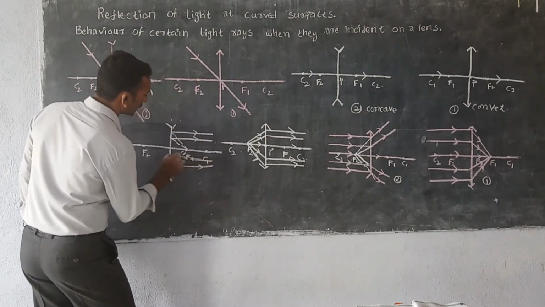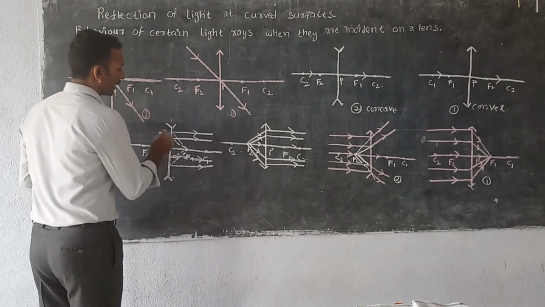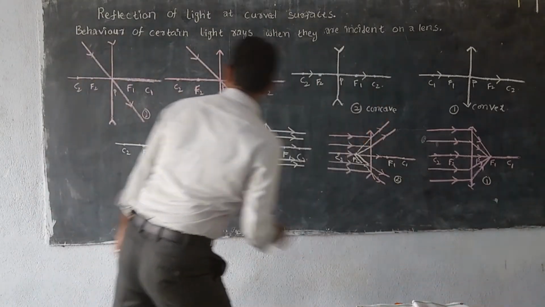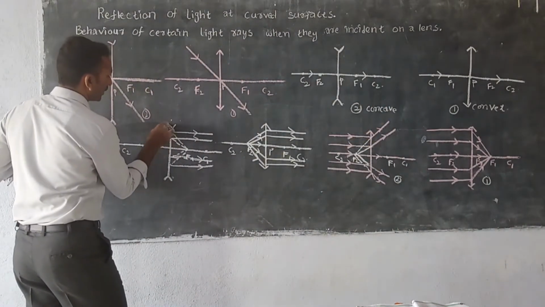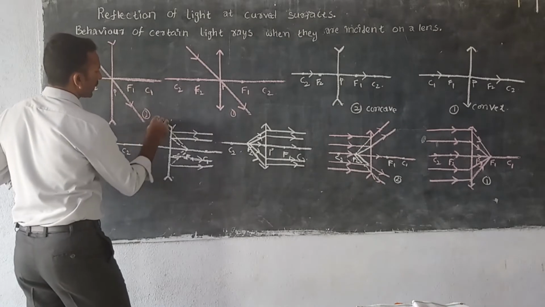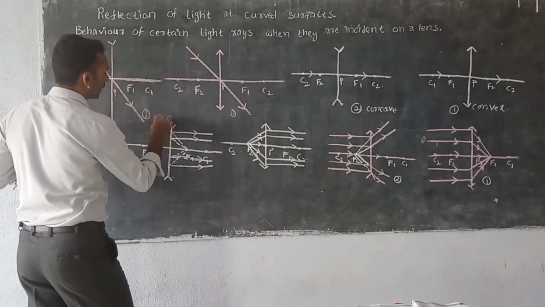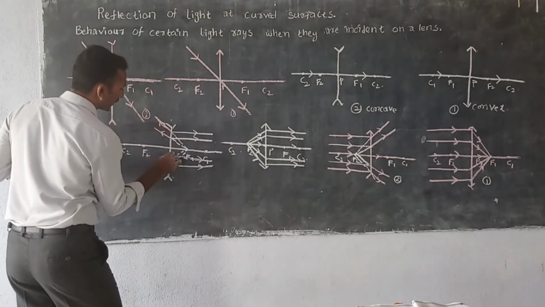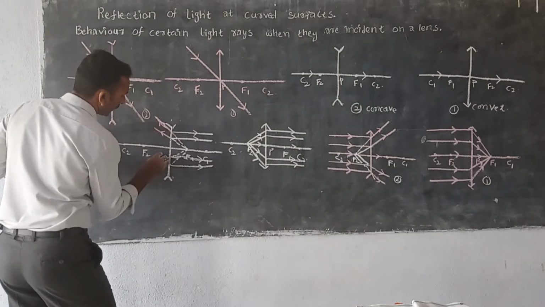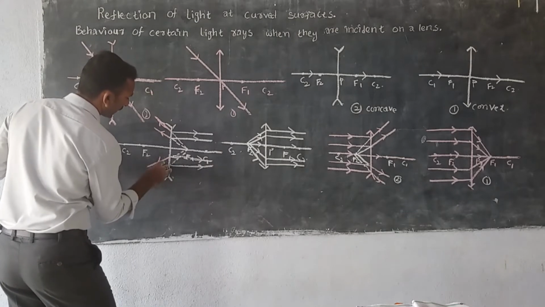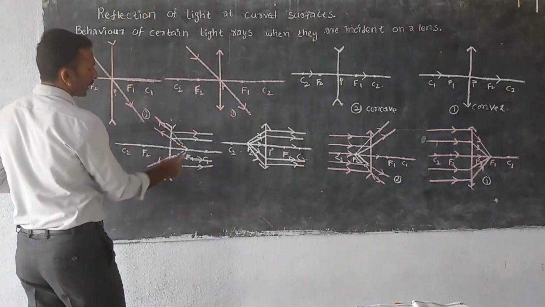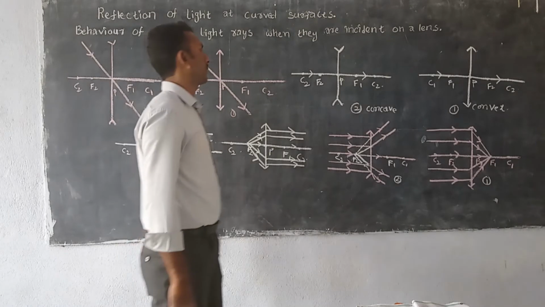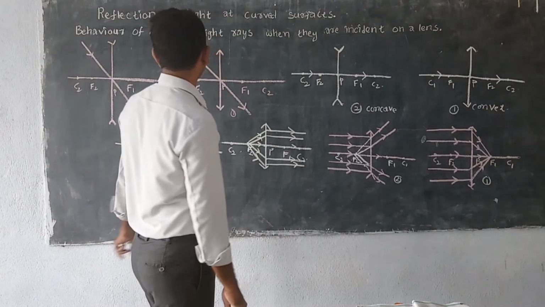Refracted back towards parallel to the principal axis, and these will be the refracted rays. These are the original light rays, we can think, coming from the focal point. If we extend these light rays, they will meet at point F, the focal point. These are the pictures we have drawn.